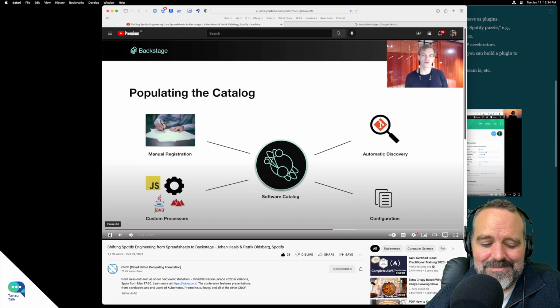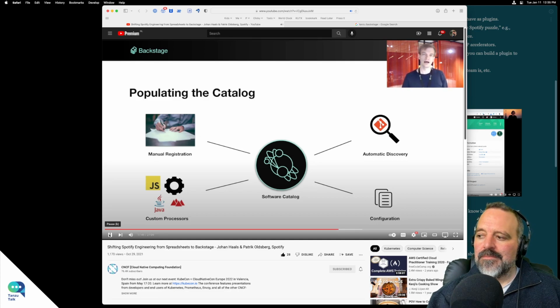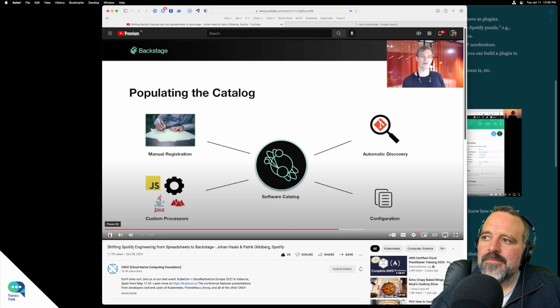Use automatic discovery. You can, for example, point your catalog at a GitHub organization and have it ingest all of the catalog info YAML files that it can find. This is great because it skips the manual step and it makes your catalog a bit more resilient as you're not relying on the database to store their locations. It does, however, give you a little bit less control over when things are added and removed from the catalog, and it's also difficult to provide the same level of user feedback as with the manual flow.